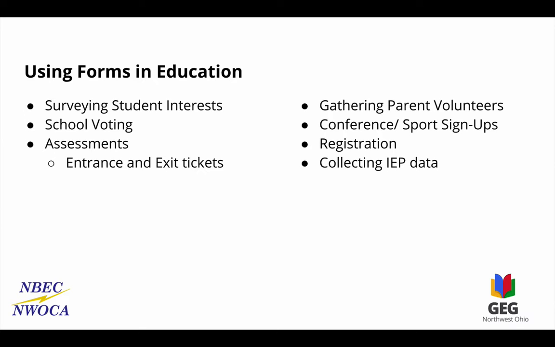First off, the first one being surveying students' interests. You can do that on the first day of school, or even for parents, if you're doing an open house type of thing and you're asking the parents about their children's interests, you can provide a form and they can fill it out. If you've used Google Forms before, all of the submissions of a Google form automatically go to a Google Sheet. And they're all time-stamped and dated,